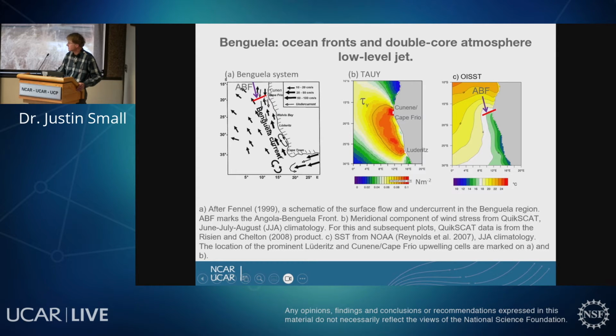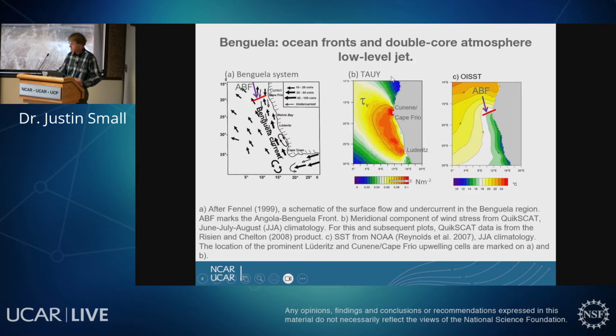But there's also an ocean front between cold water that's flowing equatorward in the Benguela current, and warm tropical water flowing poleward, called the Angola current, and the general gyre flow. And they meet, and there's an ocean front.